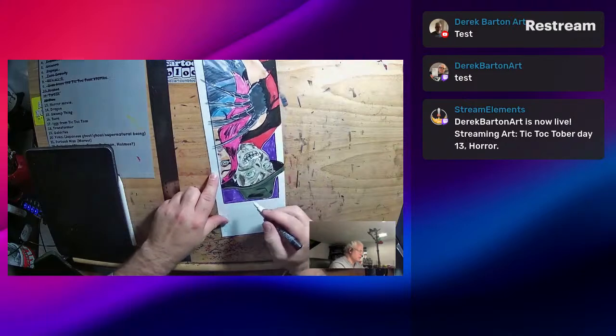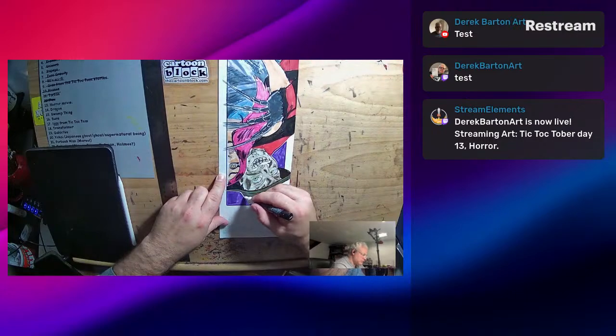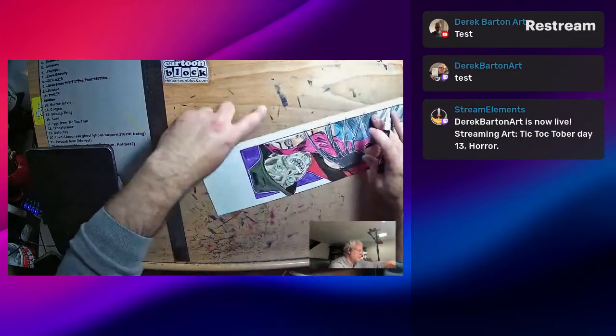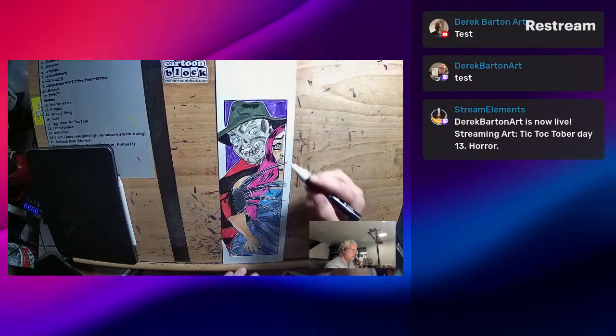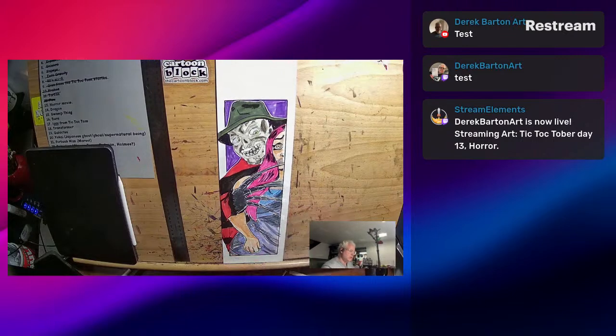Actually, this part kind of works out for me. I don't have to pop out the hostage. And I'll see if there's any other correcting I need to do. I'm going to white out this part. There we go. And while that dries, just maybe